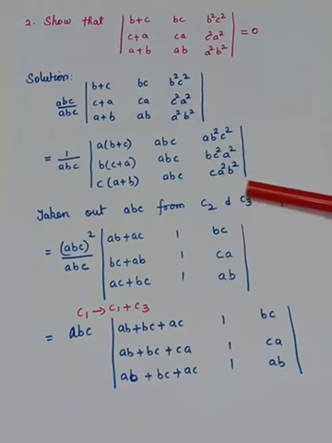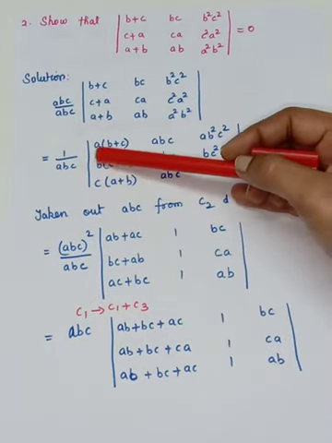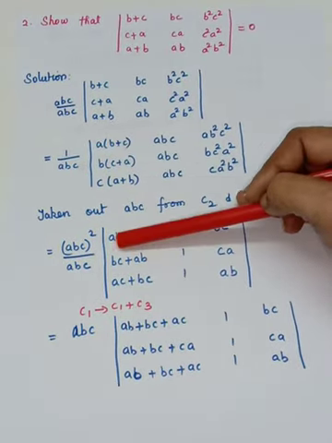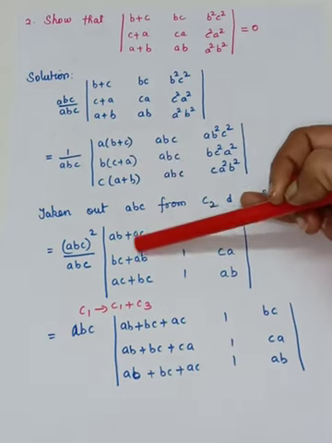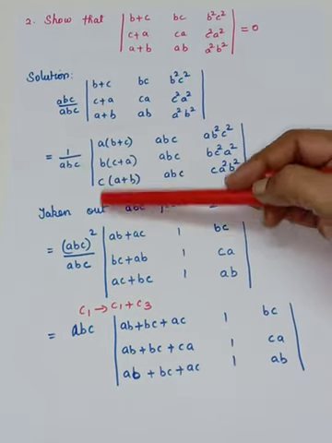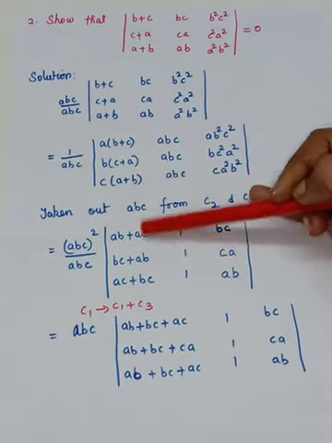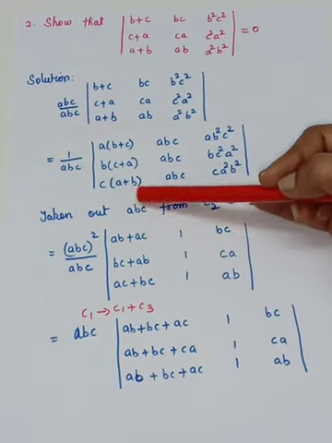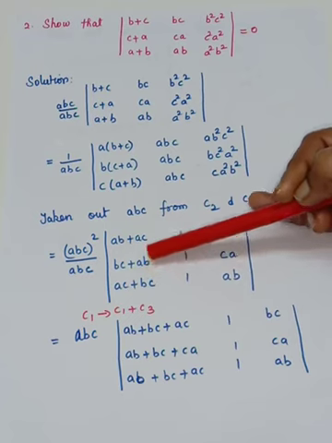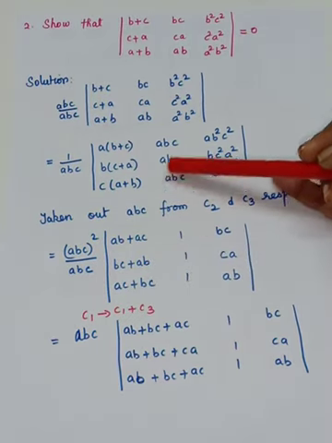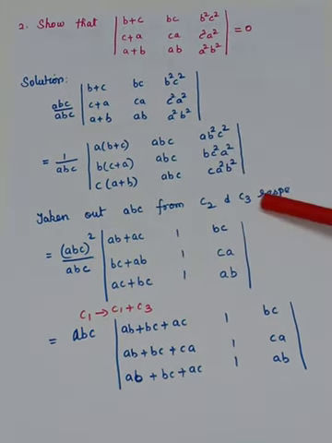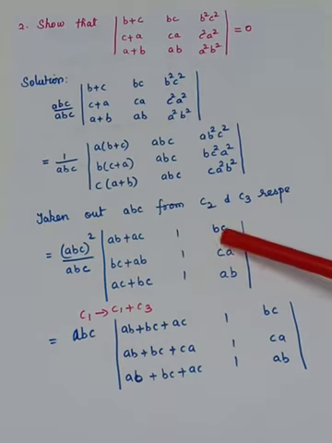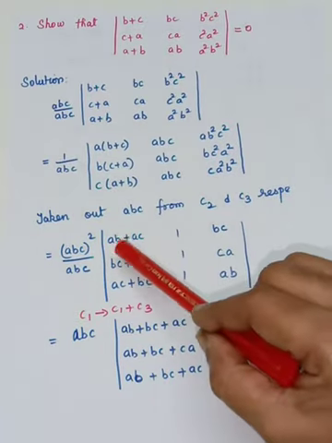So you have to expand A into B, that is AB, plus A into C is AC. Here you will have B into C is BC plus AB, and here C into A is AC plus C into B is BC. So this ABC is taken out. From this also, if you take ABC out, you will get here you will have. So you are going to do the